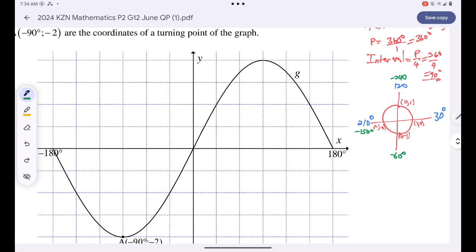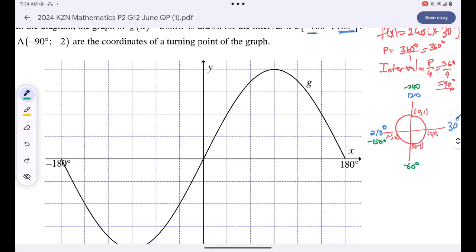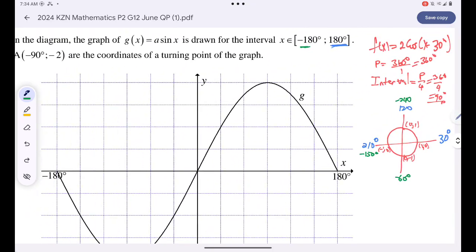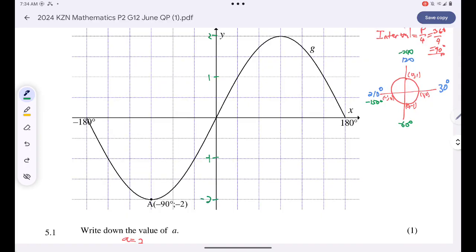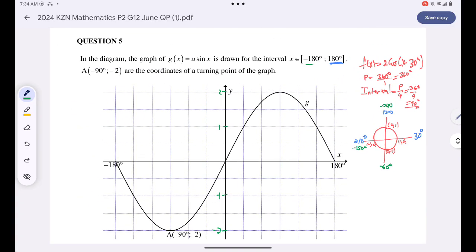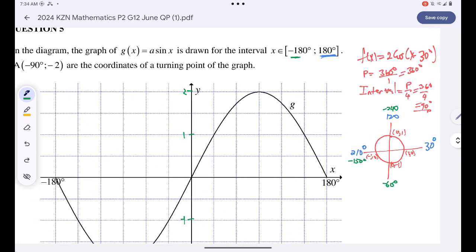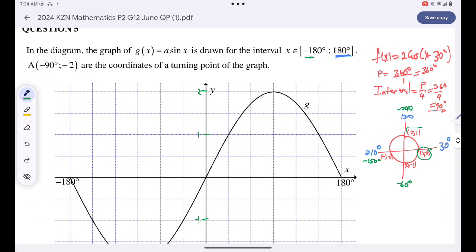Yeah? And then all I have to do, guys, is go and check the values of x. That's 1, that's 2 over there, negative 1, and that's negative 2 over there. I just need to check the values of x from the coordinates of my unit circle, right? If I was drawing a sine graph, I was going to check the y values. But now since I'm drawing the cos graph, I'm checking the x values over there. Okay,